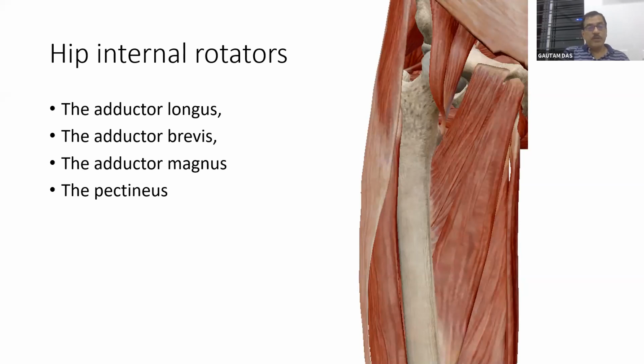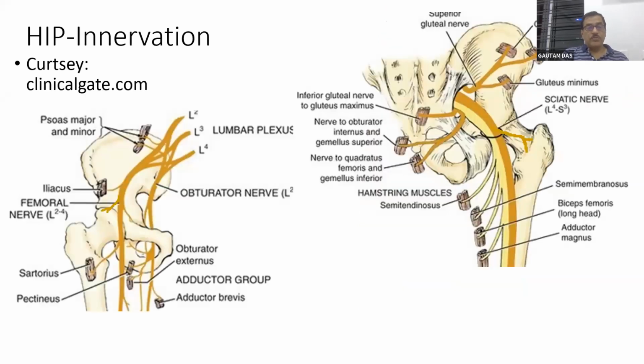So now hip joint innervation, again very important. The hip joint is innervated by three important nerves. Many times when you're talking about the knee innervation, the articular branches of the knee are the genicular nerves. We know that there are three major nerves going around: the saphenous, the tibial, and the peroneal nerve. The branches come from these, supplying the knee joint.